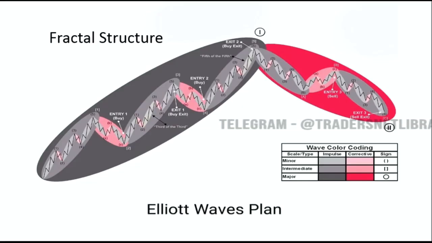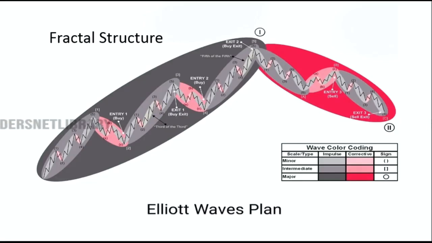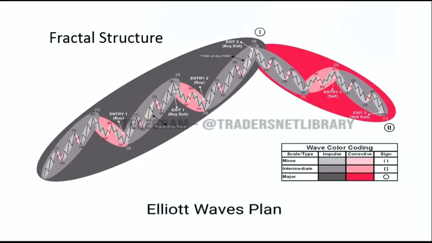As R. N. Elliott observed, wave patterns form larger and smaller versions of themselves. This repetition in form means that price activity is a fractal. Elliott waves have a fractal structure. Fractals are in fact geometric structures consisting of components that, by magnifying each component in a certain proportion, obtain the same original structure. This means that each accelerating wave consists of 5 microwaves, and each correction wave consists of 3